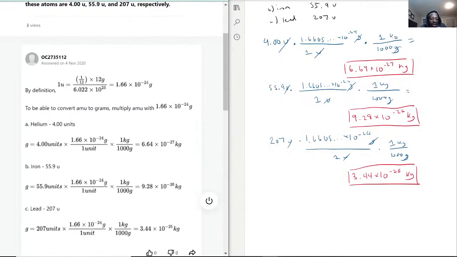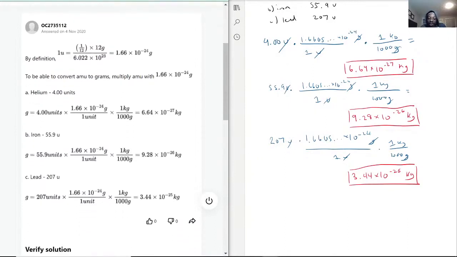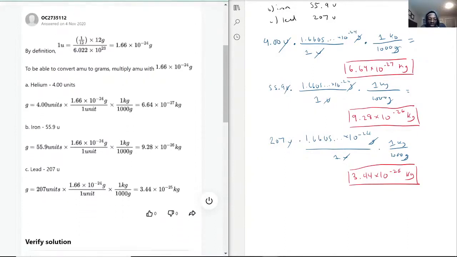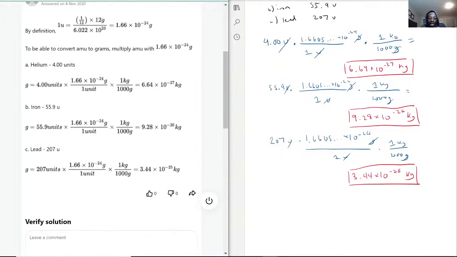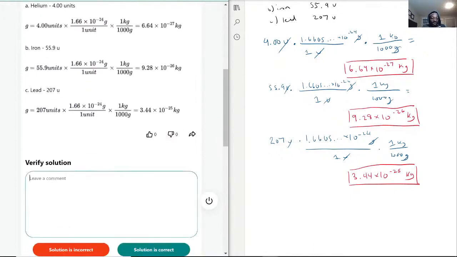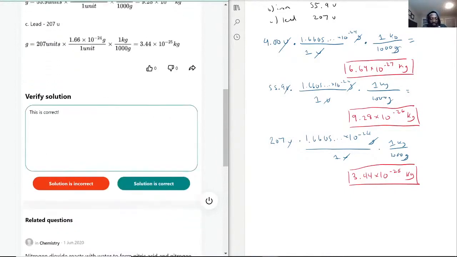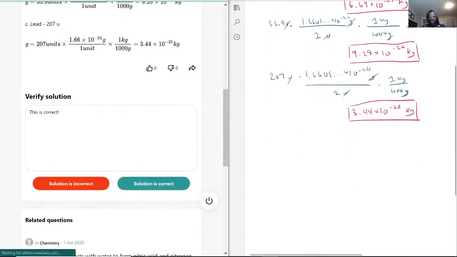Now, as they did here, they have the 4 units times 1.66 times 10 to the negative 24 divided by 1,000, which is what we did, and we get 6.64 times 10 to the negative 27. For the next one, 9.28 times 10 to the negative 26, and 3.44 times 10 to the negative 25. So with that being said, this is correct. Alright, so definitely a great start. We can move on now to question